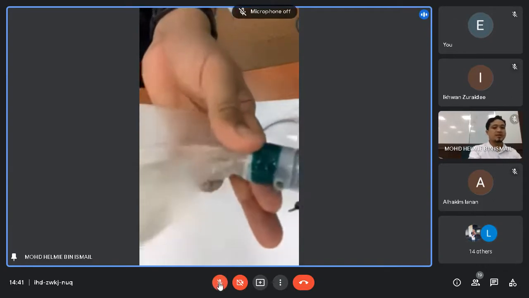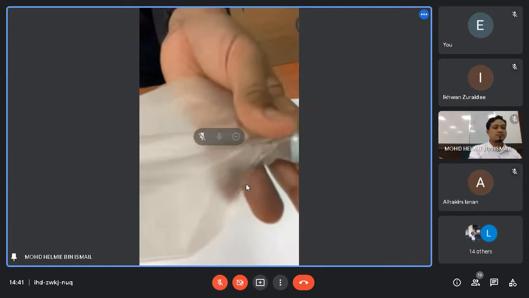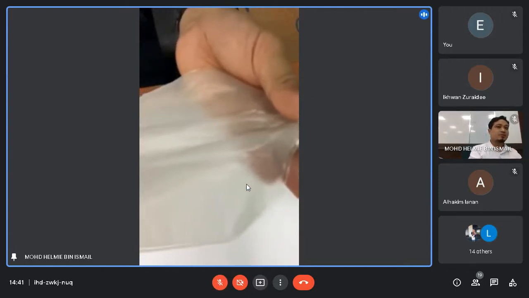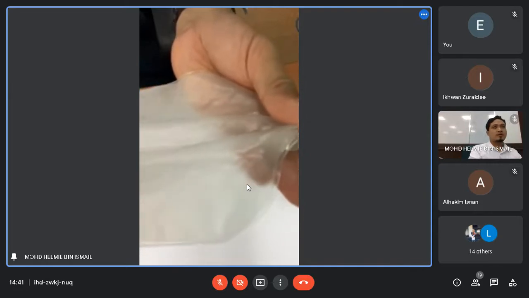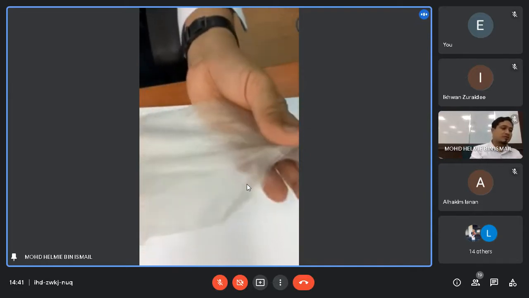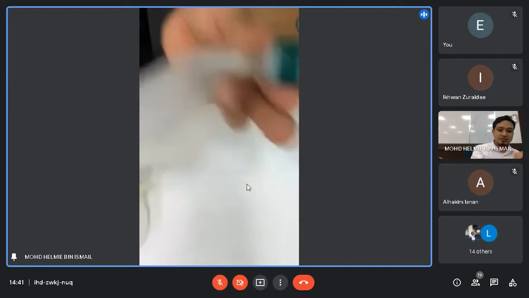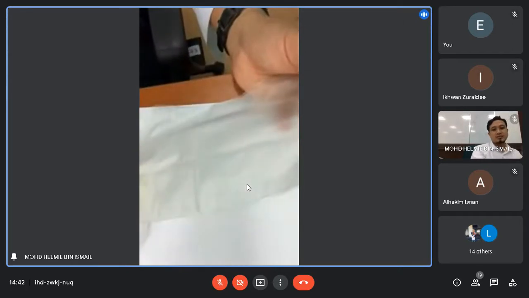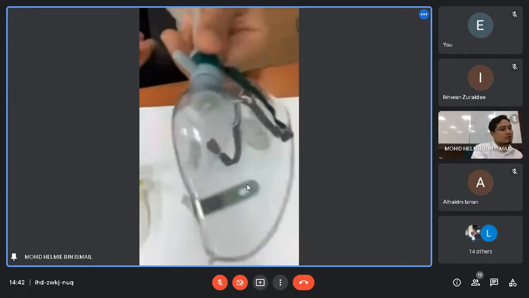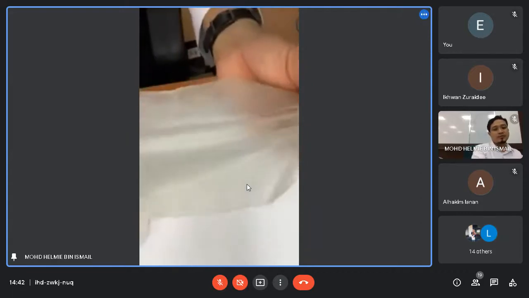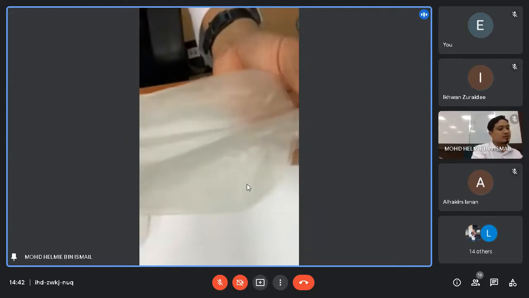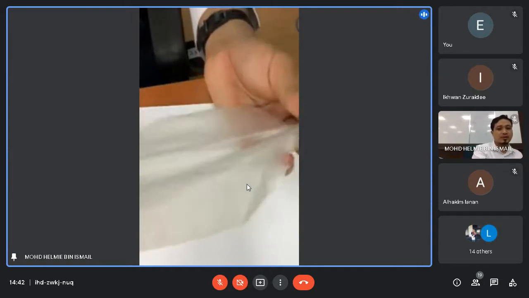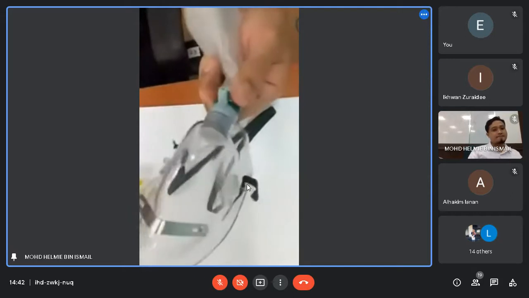Bag. Yes, oxygen bag. So the function of the oxygen bag is to save, we call it an oxygen reservoir. When you connect to oxygen, the oxygen will accumulate inside the bag and lead to increased oxygen reservoir. So one difference is that there is an oxygen reservoir, or bag. The second difference is